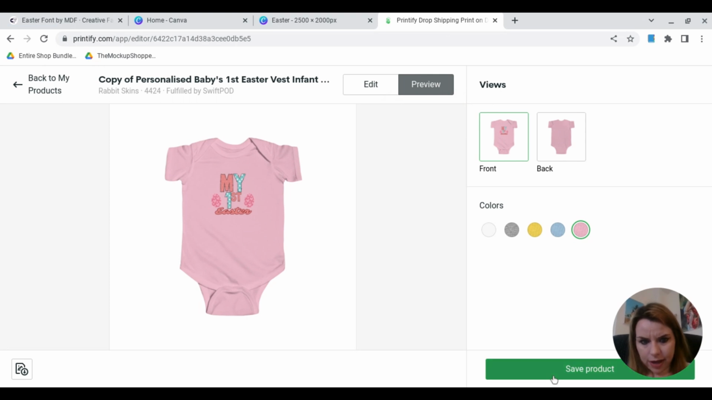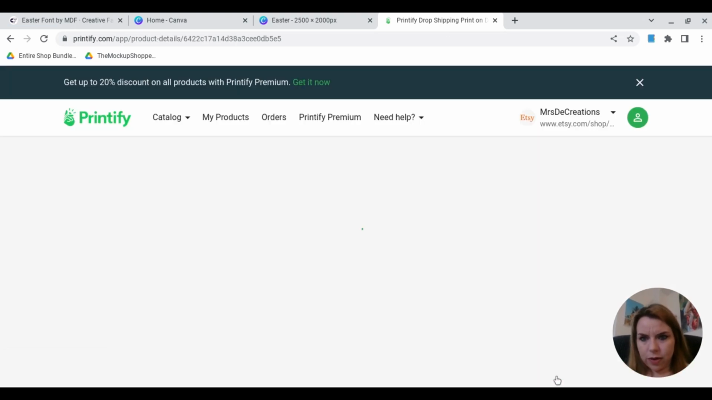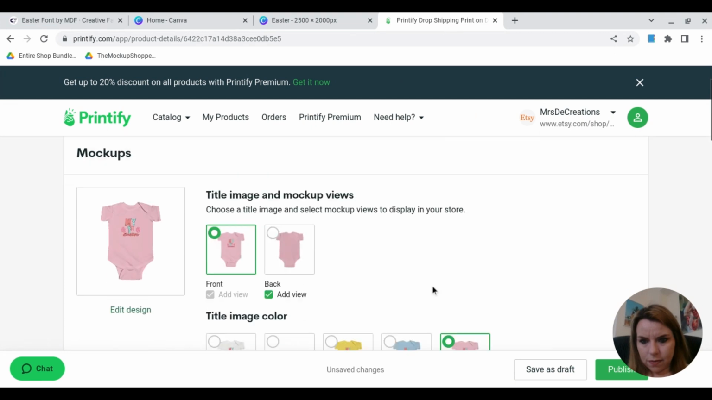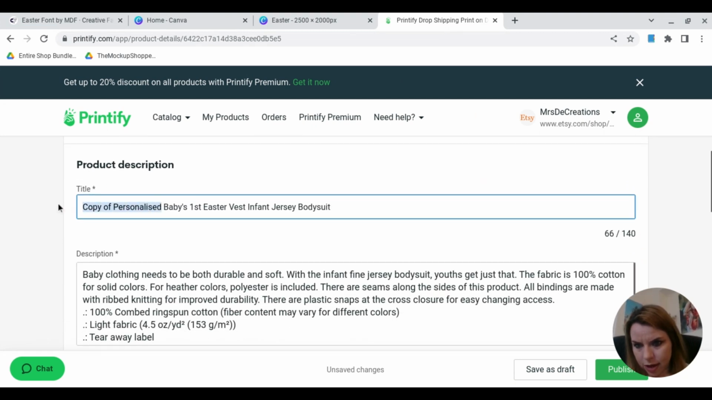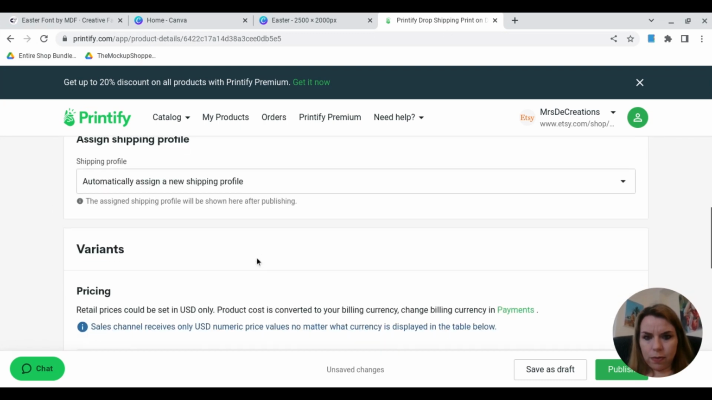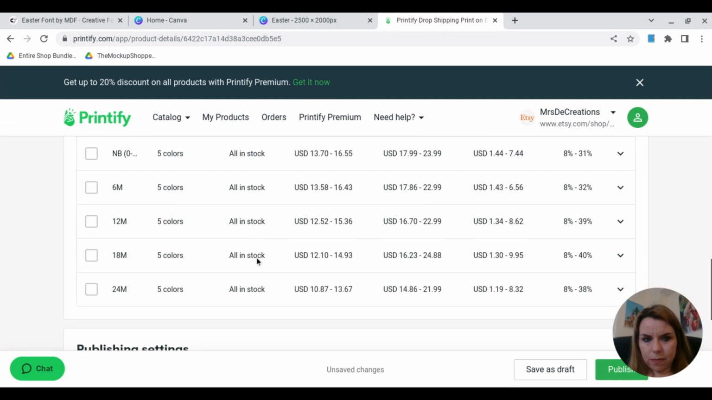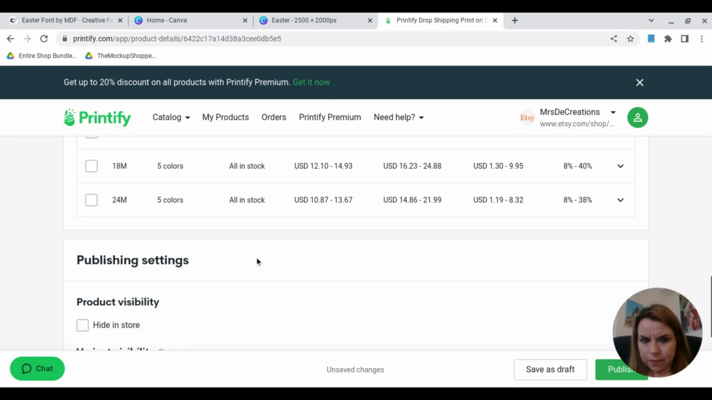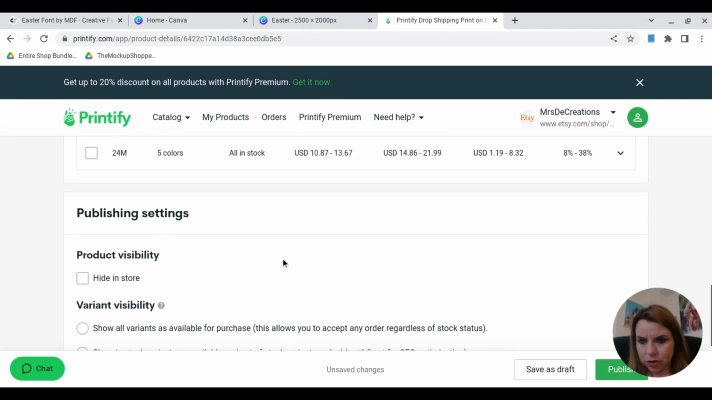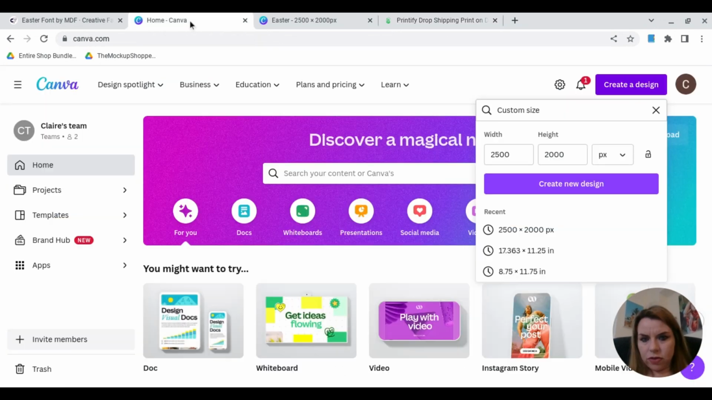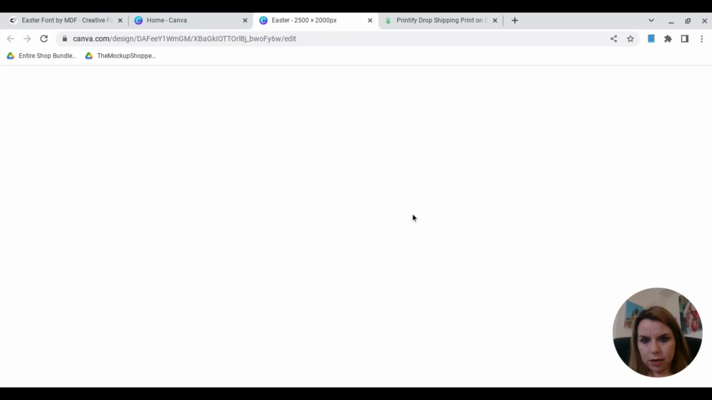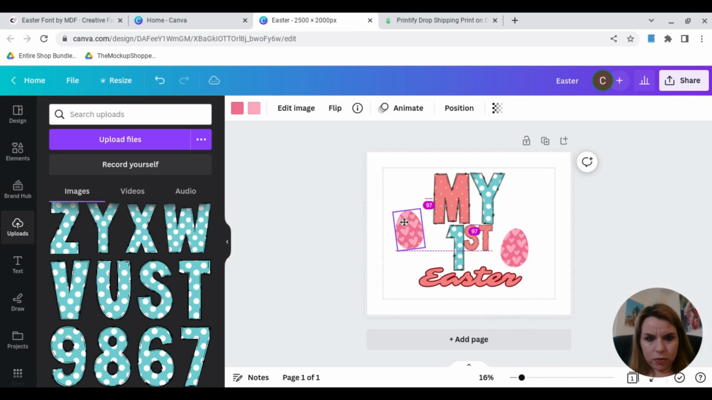There we go, lovely. I'm going to save that one as it is, but this time I'm just taking out the personalised part. All the pricing is going to be the same, and now I'm going to hit publish there. So publish, and what you can do then is, for example, we could bring these out,